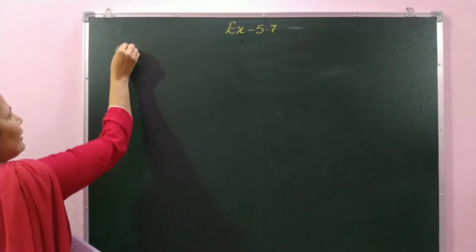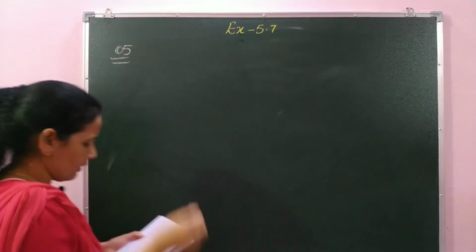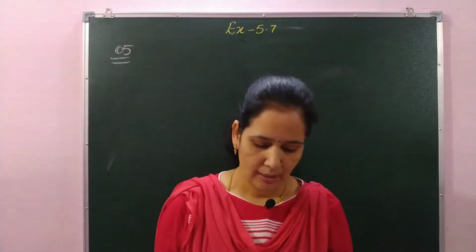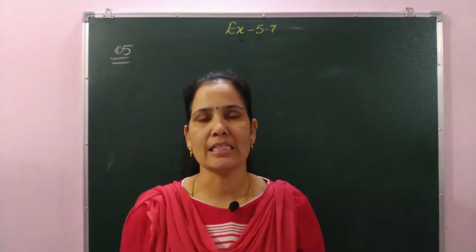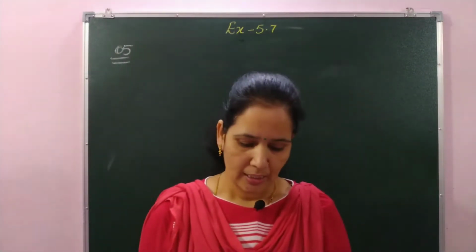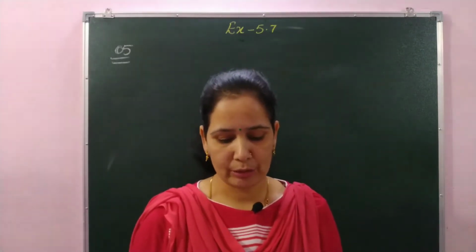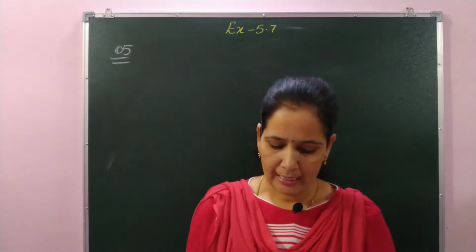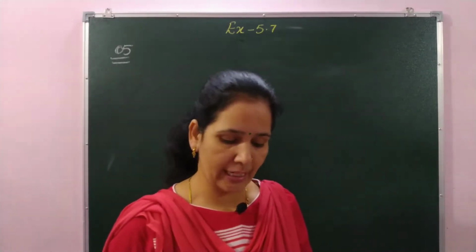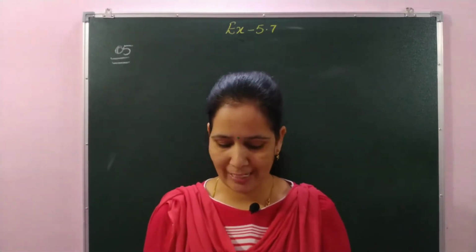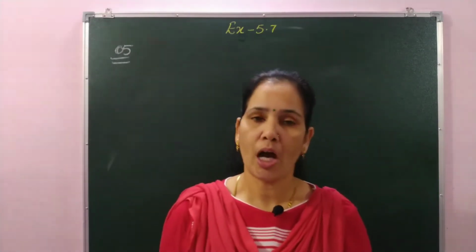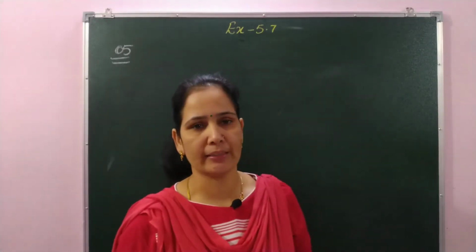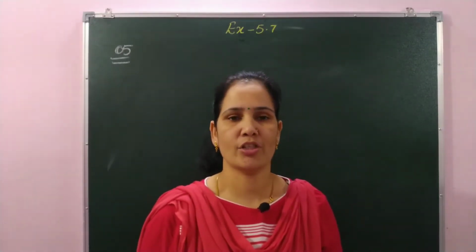In question number 5, first I am reading the question. Balaji had rupees 15 7 by 10 in his pocket. When he went to the market, he spent some money purchasing stationery items. After purchasing the stationery items, he had only rupees 1 by 2 left when he returned. How much money did Balaji spend in the market for stationery items?